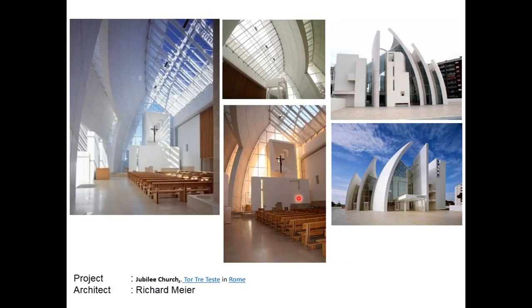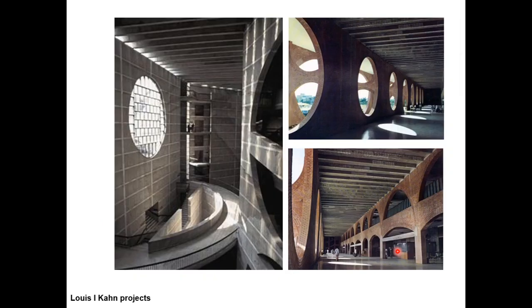The next, a modern example, is the Jubilee Church by Richard Meier, a very interesting architect who tries to show the buildings only in white color. Most of his buildings are white in color, and most of his buildings use aluminium panels or some kind of composite panel which tries to reflect light and give more daylight. This is a very interesting church which gives you so much ambient light. This is a very interesting project done by an architect called Richard Meier.